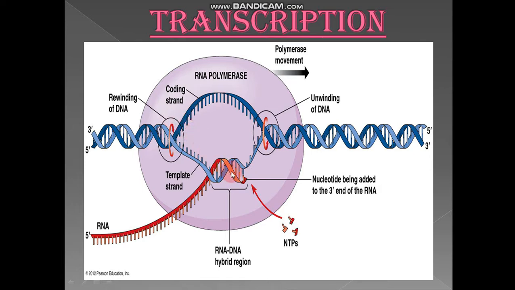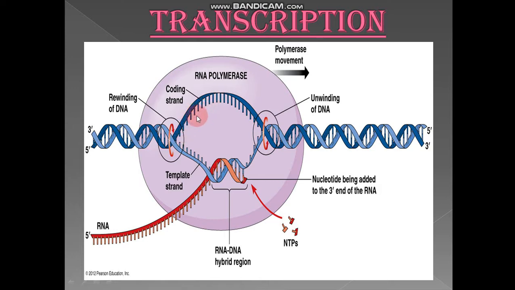Clear? Now what happens? The 3' to 5' strand is being used as a template strand and the newly synthesized messenger RNA is being produced. Okay, so this is how it is produced. This is produced by complementary base pairing, and then the RNA polymerase keeps on moving over the chain, just like a runner moves on the chain. The RNA polymerase runs on this chain of DNA,